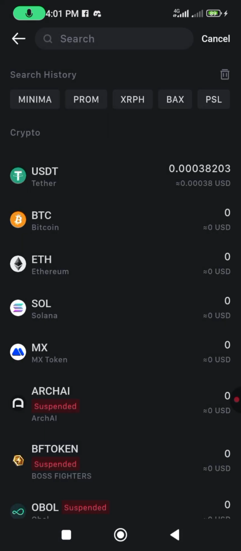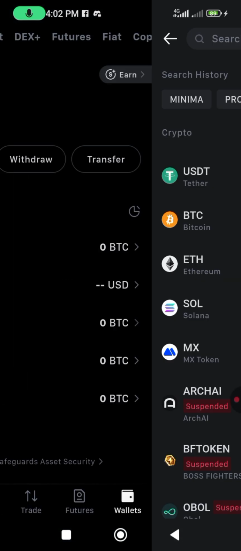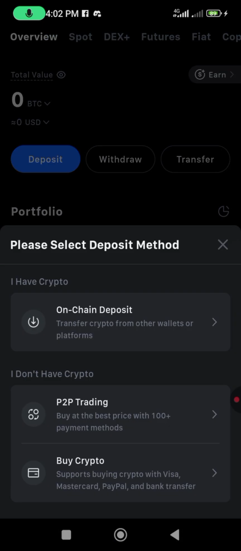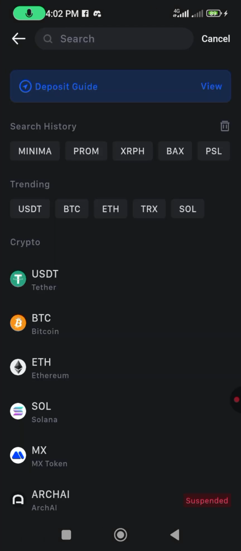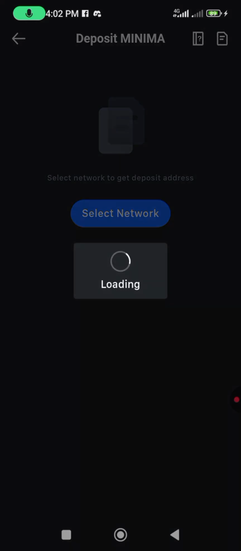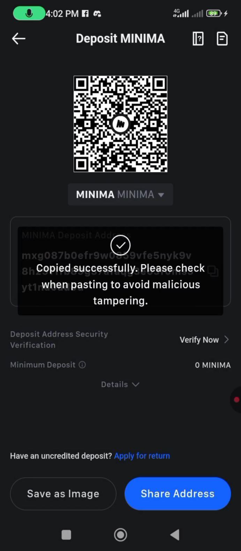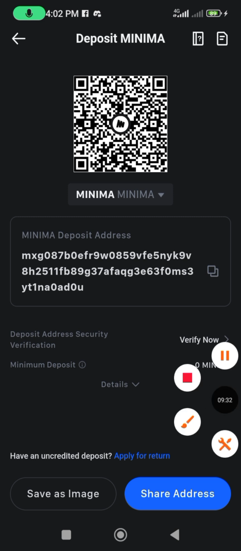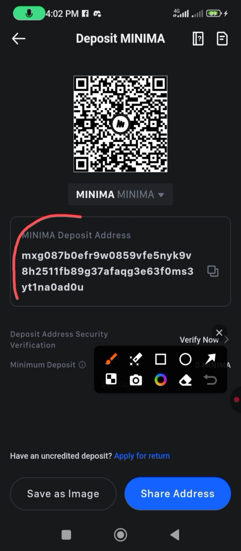So this time around, we want to click on deposits on Mexi and click on on-chain deposits. This is the coin. We tap on it and copy the withdrawal address. Take note of this withdrawal address. You can see the withdrawal address here. This one starts with